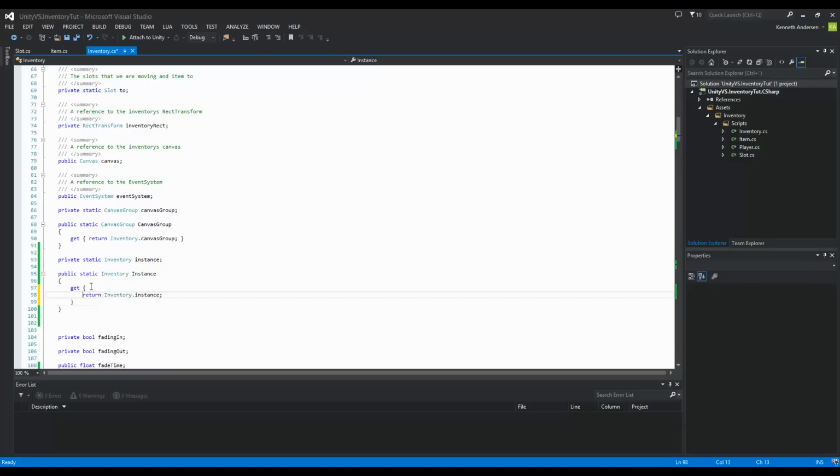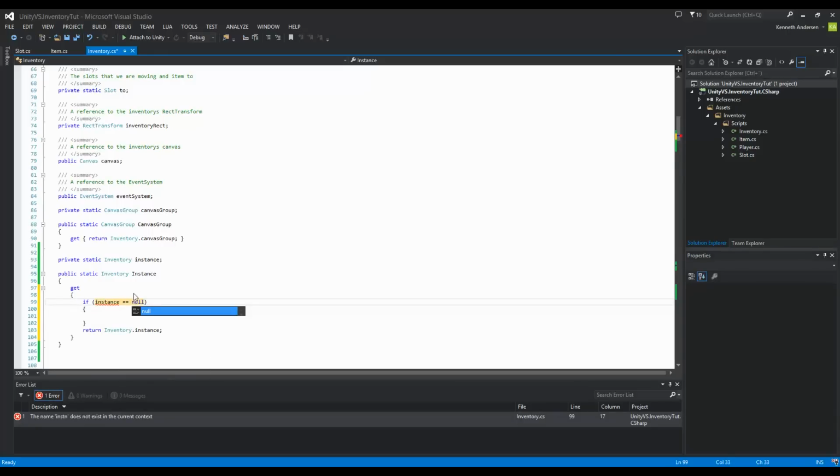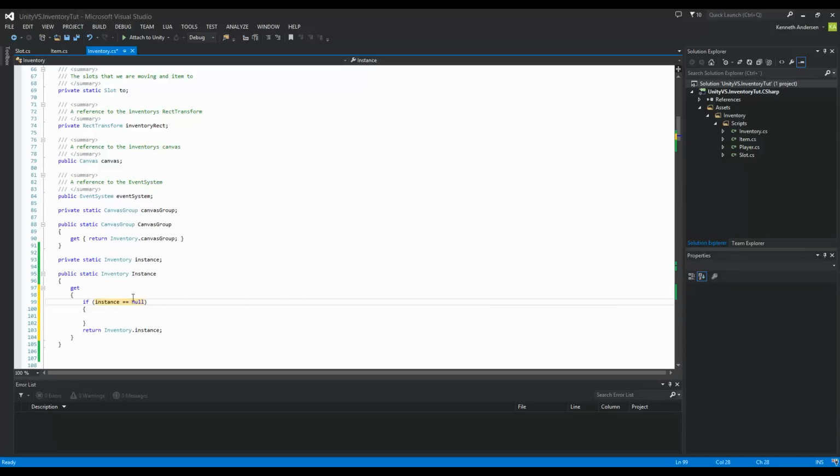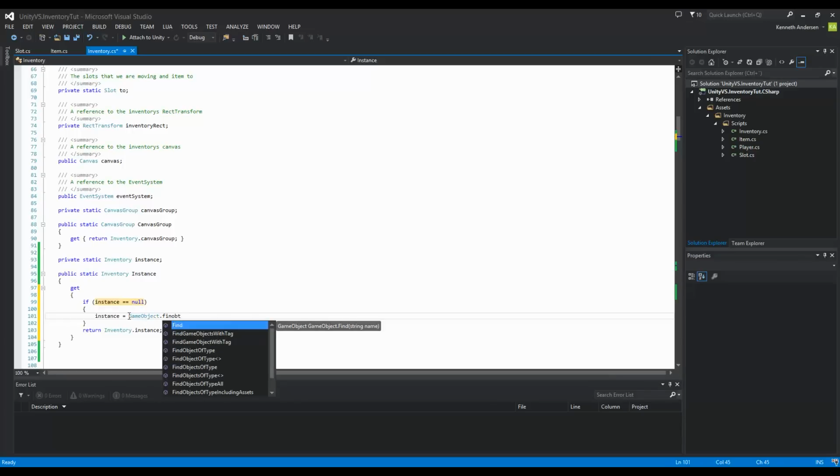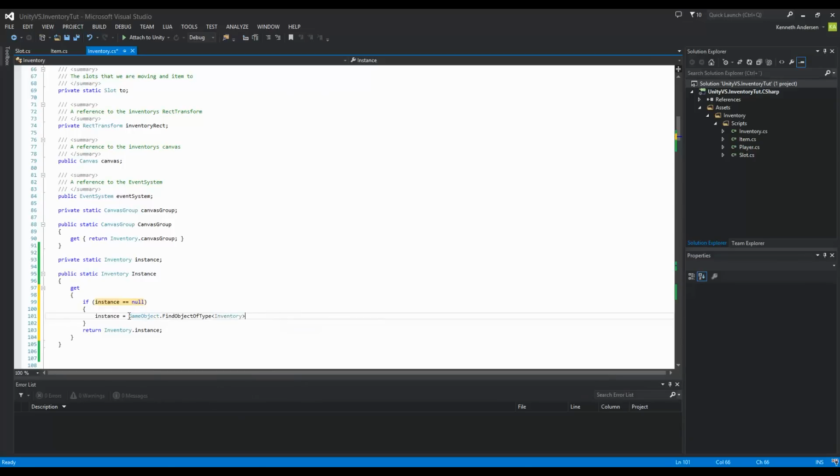So I can just keep the get, and then I need to make an if statement in here that says if my instance equals null. So if I haven't accessed it before, or it doesn't exist, well, then I need to set it. So my instance should be equal to game object find object of type inventory. So now I'm just finding my inventory in my game world, and I just set my instance to reference that inventory so that I can access the specific inventory from other classes, because this one is public and static, so I can write inventory.instance somewhere in my code to access this,